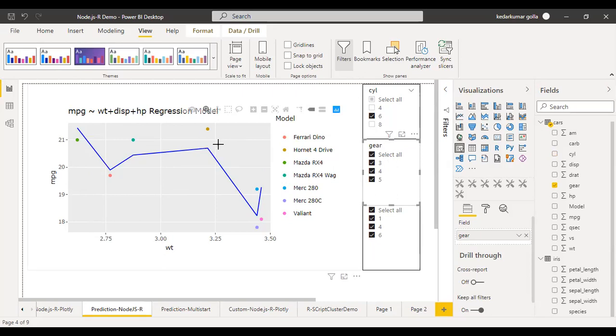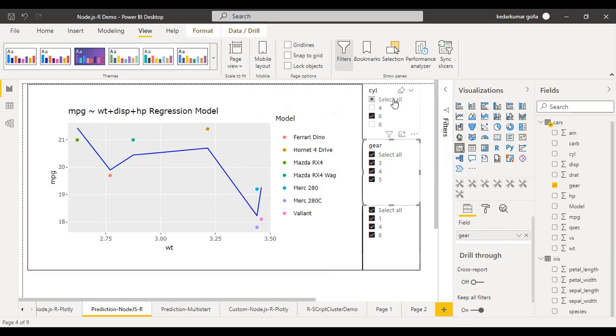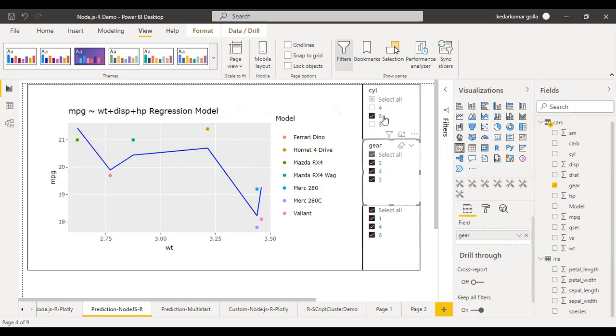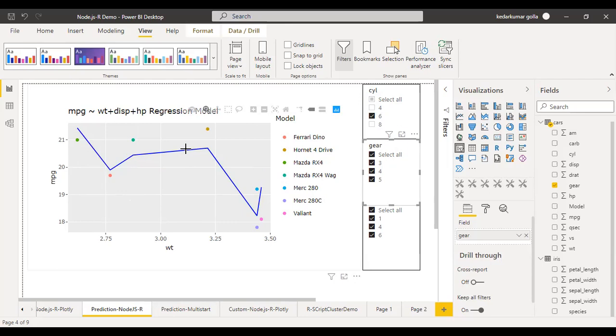So by using this, we can publish this to our Power BI server, and we can give it to the client so that they can use this for multiple combinations, so that they don't need to create this linear regression model for different use cases. They can manipulate these filters, and they can visualize what is the output.